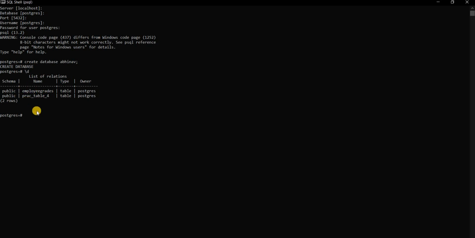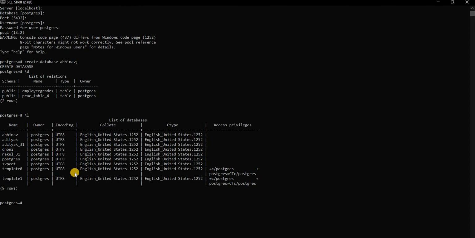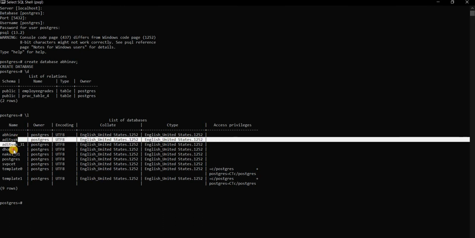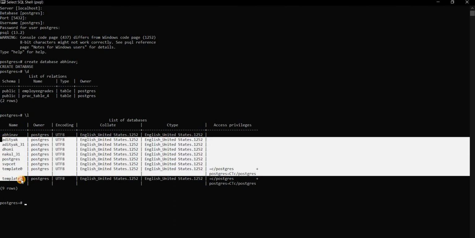Now we type \l. Then we can see the list of databases which we have; all of these I made previously.